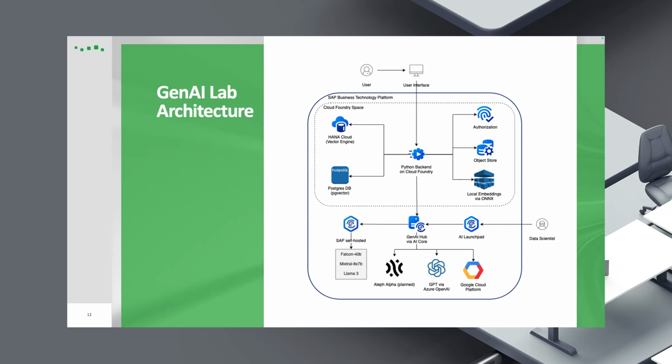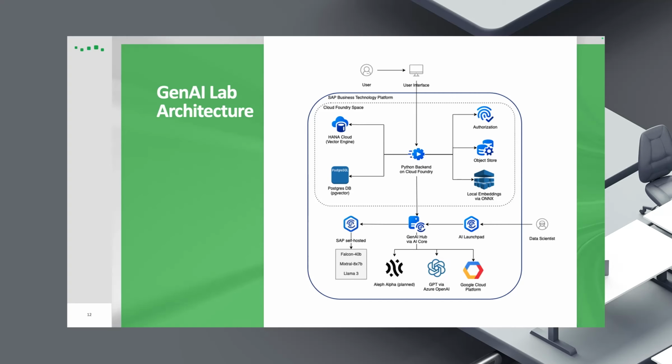On the right-hand side, we also use some standard BTP services, like Access URA, to connect your identity provider so that everybody from your company can log in with the standard company login. Of course, you can also restrict this to some BTP roles which you set up. We're also using the object store, and on the bottom part of the architecture, you can see the AI part,